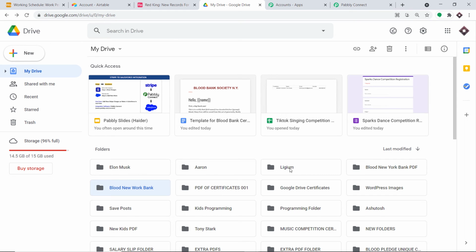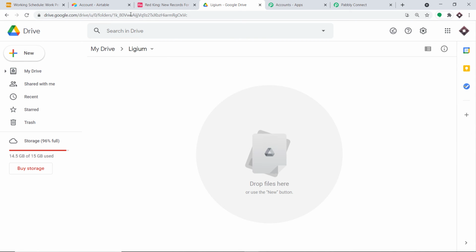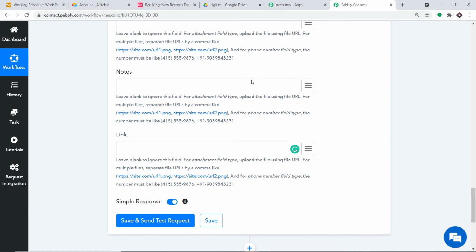For example, let me go to this new folder. This part always remains static. There is no change. It's basically the address, and it never changes. Whereas for Elon and the other folders, we have a different set of characters, so this part keeps on changing. Let's deal with the static one first.